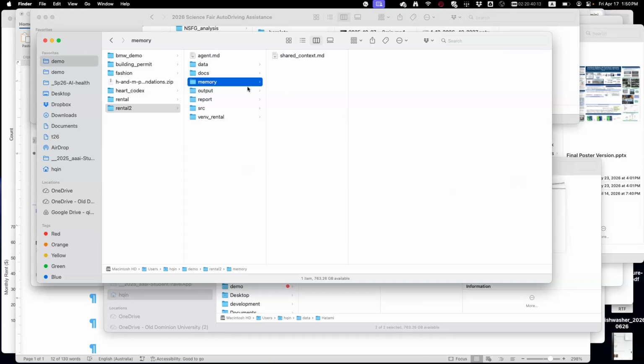That's actually the key: the shared memory. I'm doing it in the simplest way possible. Most enterprises actually have a shared database for the memory, like Amazon, or I'm pretty sure a specialized database just to share the memory. In my case, I just use a text file.